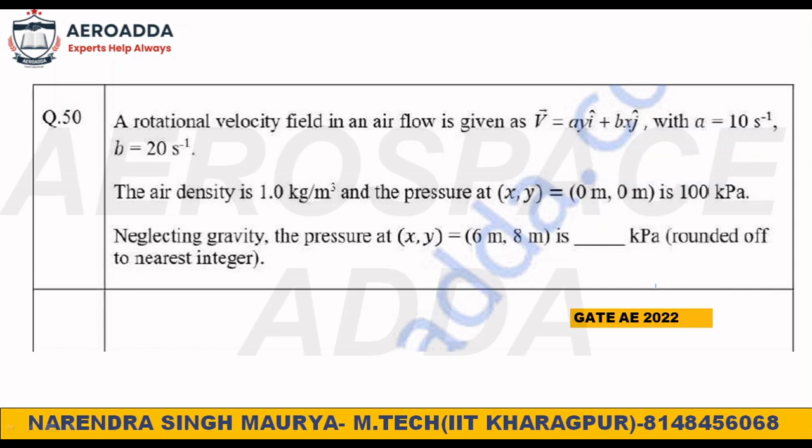Okay, this is also a question, number 50, a 2 marks question. Think about it. See, in vector form they have given a y, b x. A and b constants also they have given, and once you satisfy the point 0 meter, then this x and y also you have to satisfy. So here you will get the 0 velocity, and another point they are saying 6 meter, so you will get velocity at 6 meter and 8 meter. So 2 velocities you will get, one pressure they have given, then another point pressure you can calculate. Okay, p plus air density they have given, y they have given, p plus